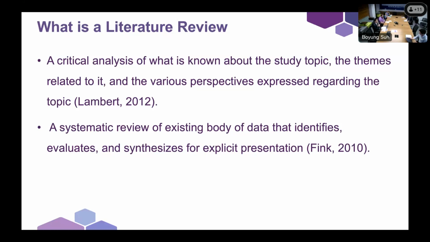So from those definitions, I can see three main factors to define a literature review. First one is systematic review. Literature review is not just randomly searching the literature and not randomly collecting any literature. It's a systematic process to find and synthesize the literature. That's the first main part. And the second one,